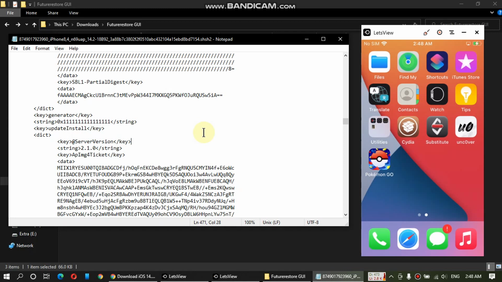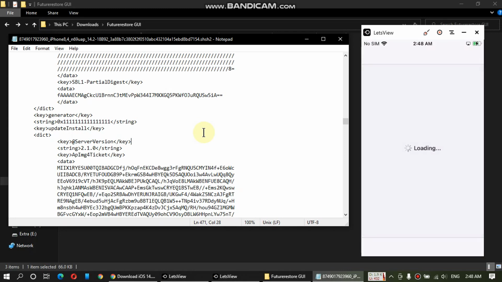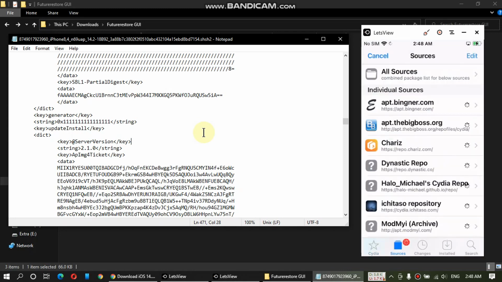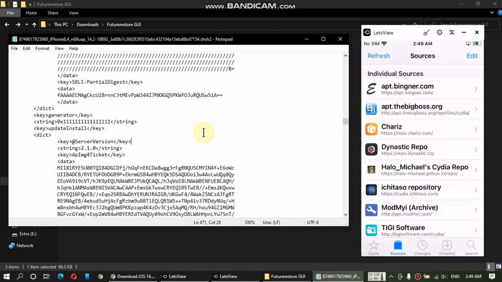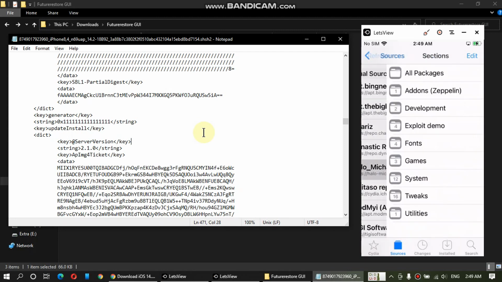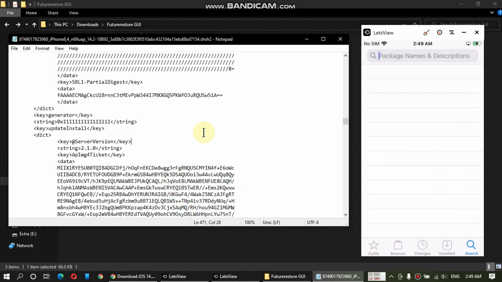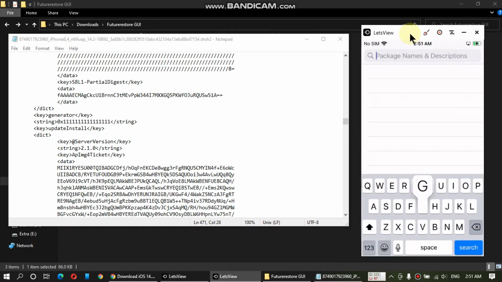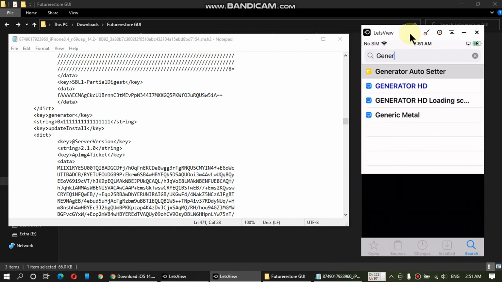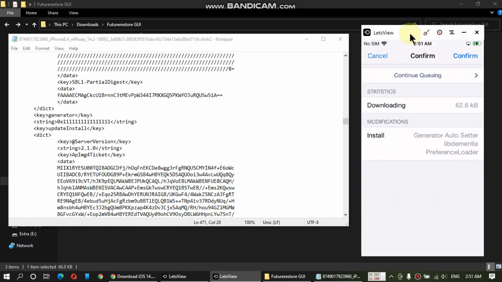For checkra1n, just open Cydia, go to sources. You need to add this source, that is Hello Michael's repo, hellomichael.github.io/repo. Just add this repo and then search for generator auto setter and install it.